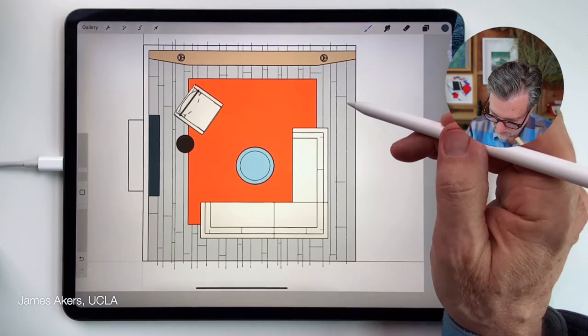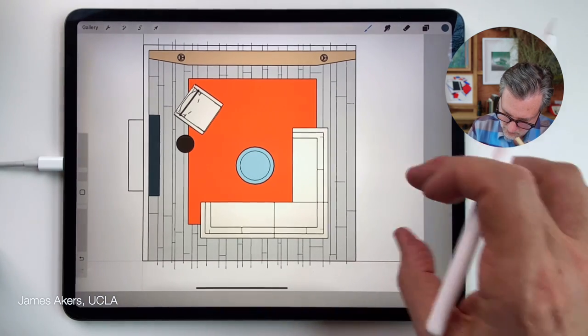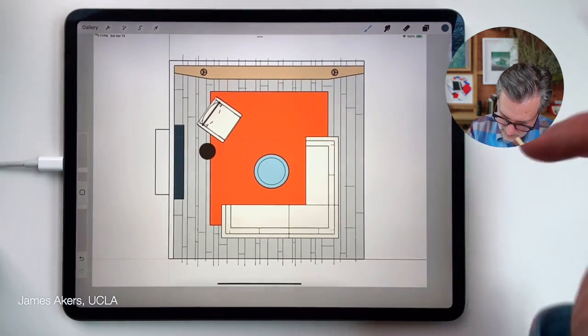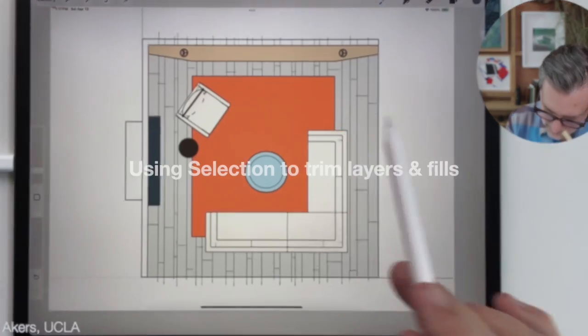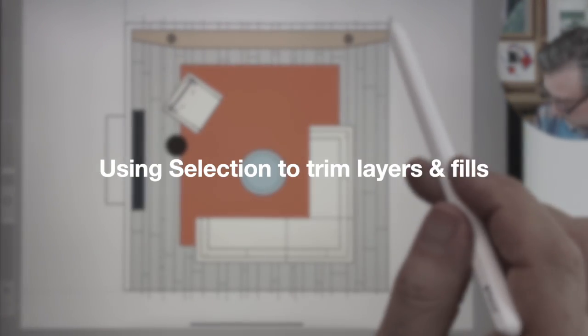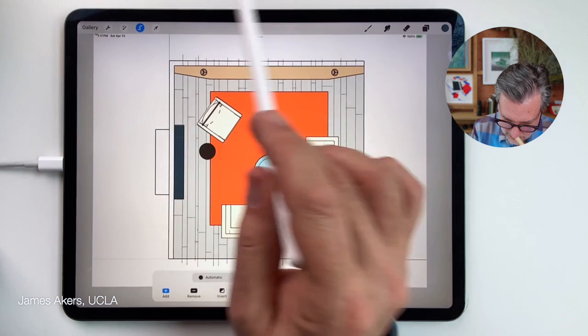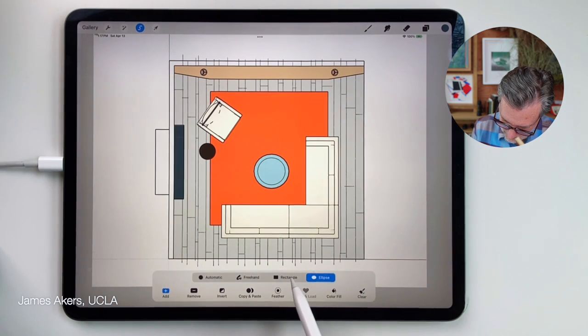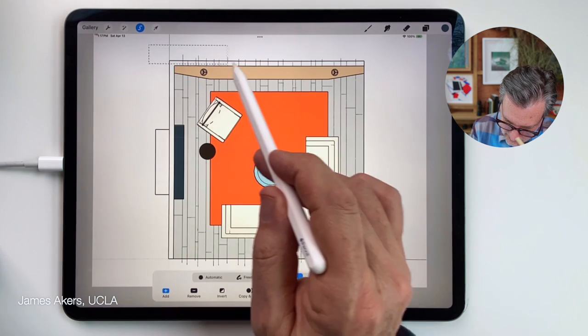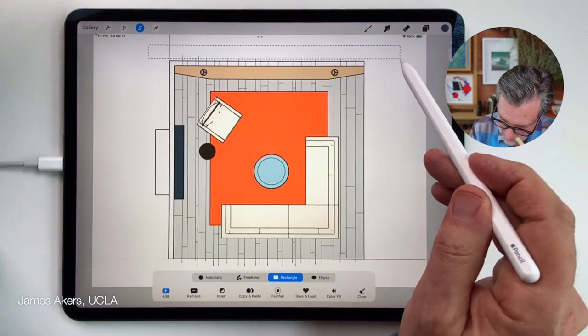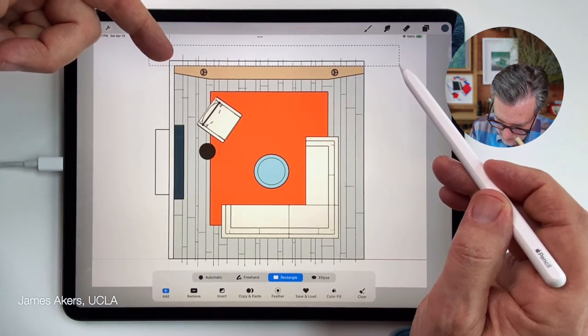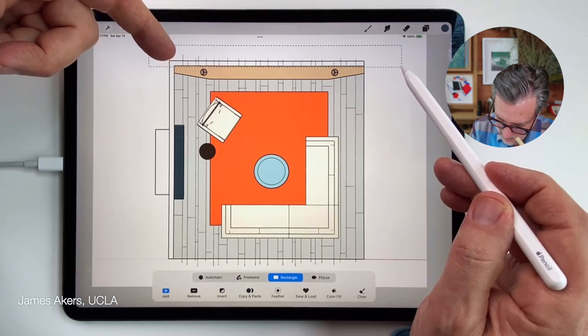Okay, so that's starting to be convincing, but there's probably one more thing that's going to make this even more convincing. Well, the first thing is we're going to do a little cleanup. So I'm going to go into the selection button, and we'll go back to our old friend, the rectangular mode in selection, and I'll drag this across. And notice it doesn't matter where I start. All I'm really worried about is where I end up, and I'm just going to clean off those lines, okay,